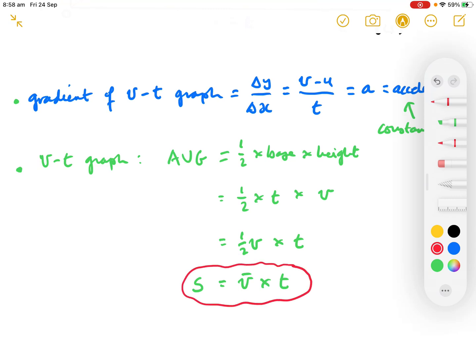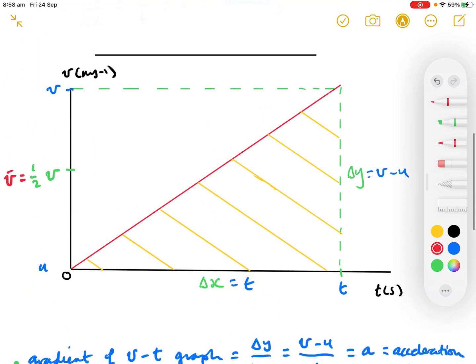So the area under the graph equals the displacement if it's a velocity time graph. If it were a speed time graph, it would be the distance. So just be on the lookout for whether it's velocity or speed. And finally,